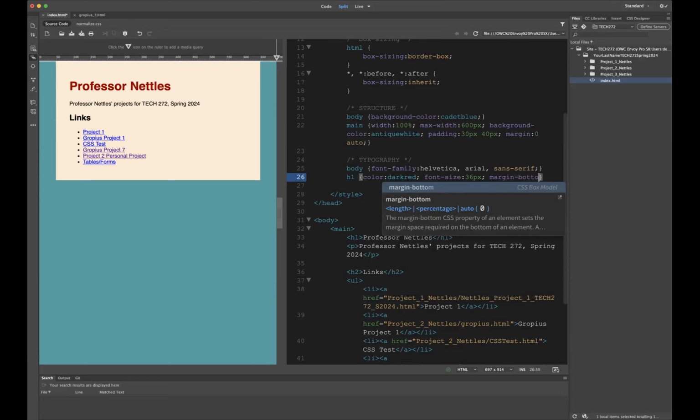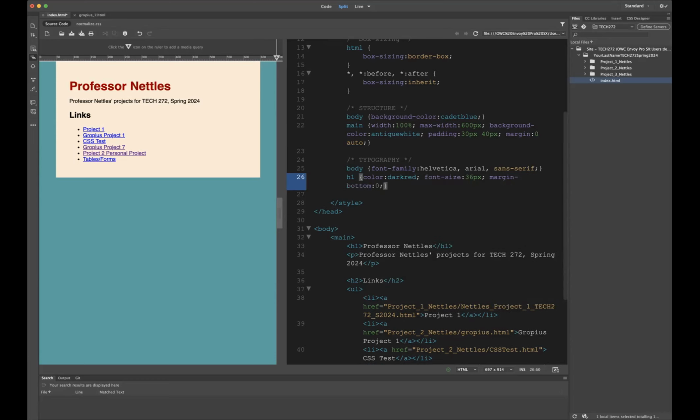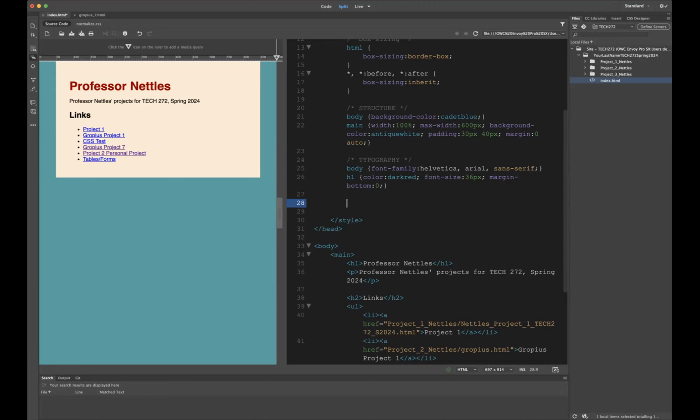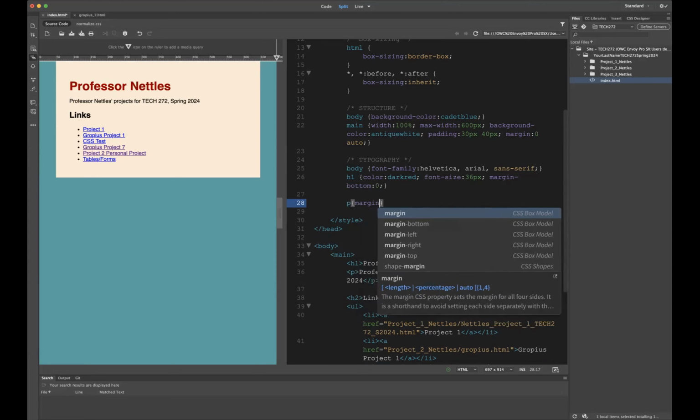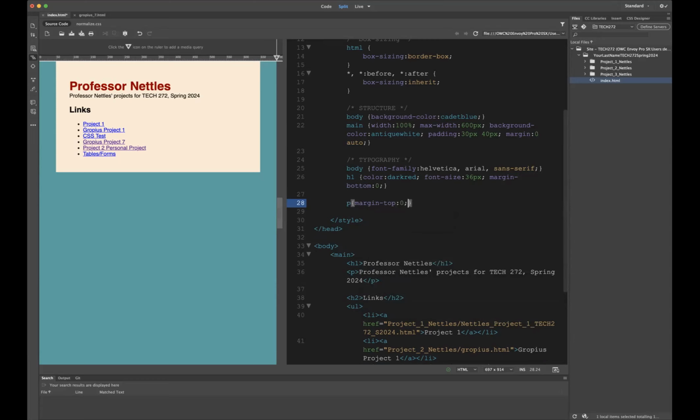Margin bottom 0. Okay. A little bit more space. Okay, then